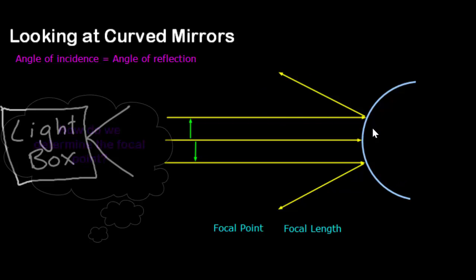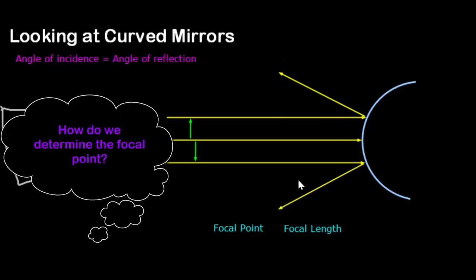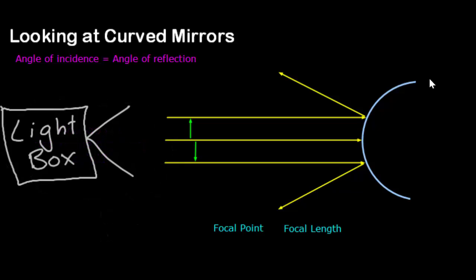Now, with light being spread out and the light rays not focusing on a point on this side of the mirror, how can we determine the focal point or the focal length of this mirror? If we give a predicted line, so where the light ray would go if it were to travel straight through, we can determine the focal length. So this is going to travel straight through. We would then have